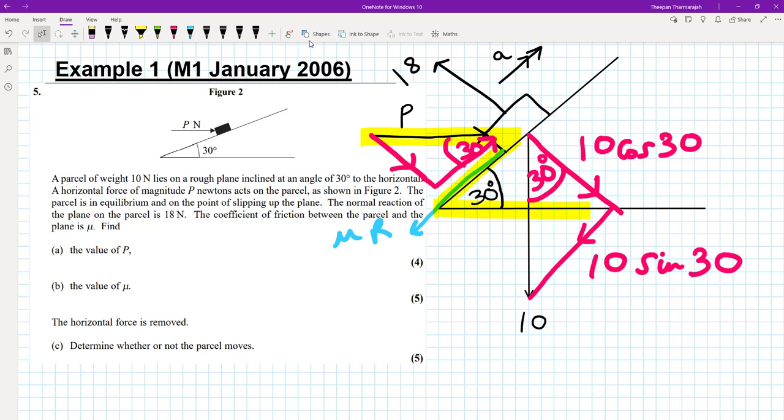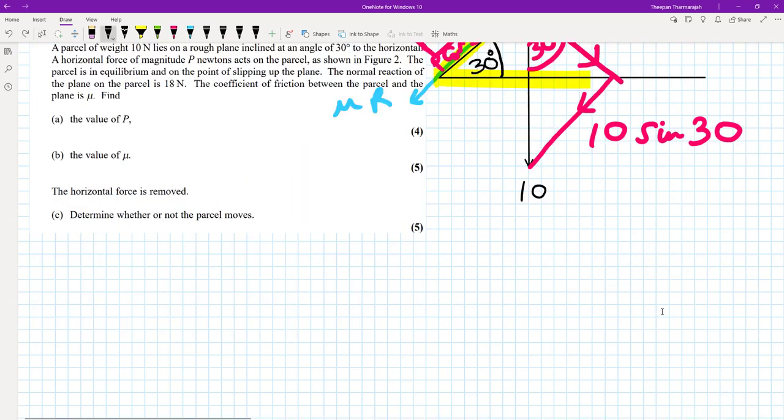So now we can resolve this force by saying we have P cos 30 and P sine 30. So now that we've resolved all of our forces, we can now start resolving perpendicular and parallel to the plane. Resolving perpendicular to the plane,